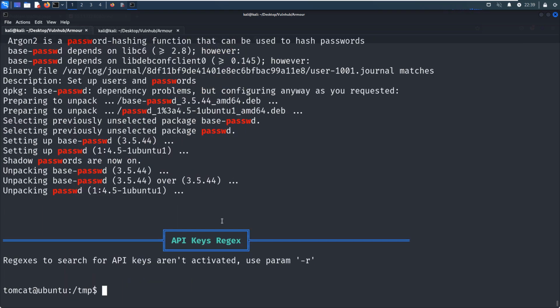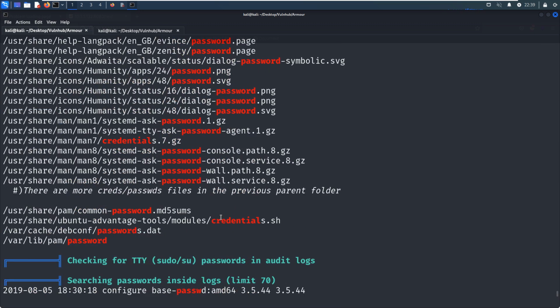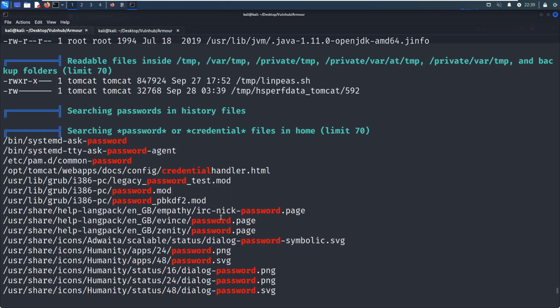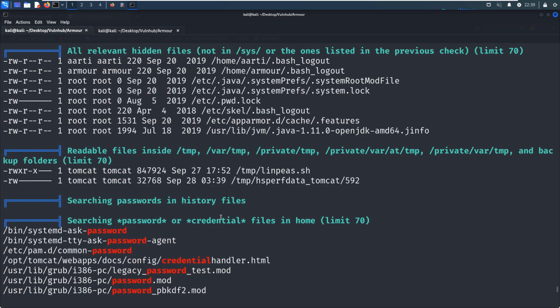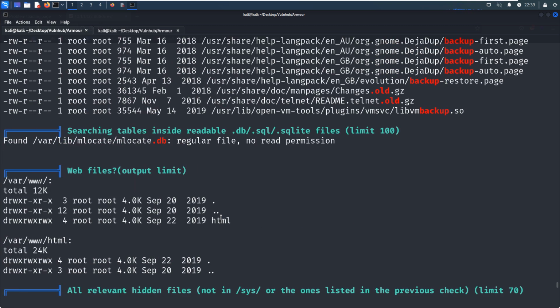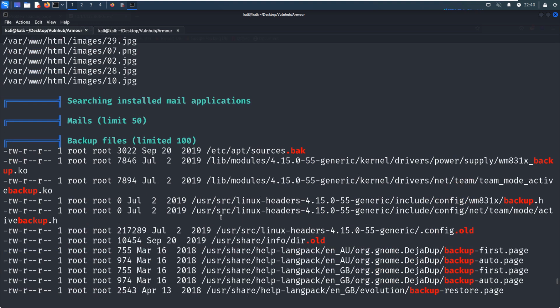It's done. All right. And then we can scroll up to see whether we can find any potential vector. Patience and carefulness are the key factors to this machine.